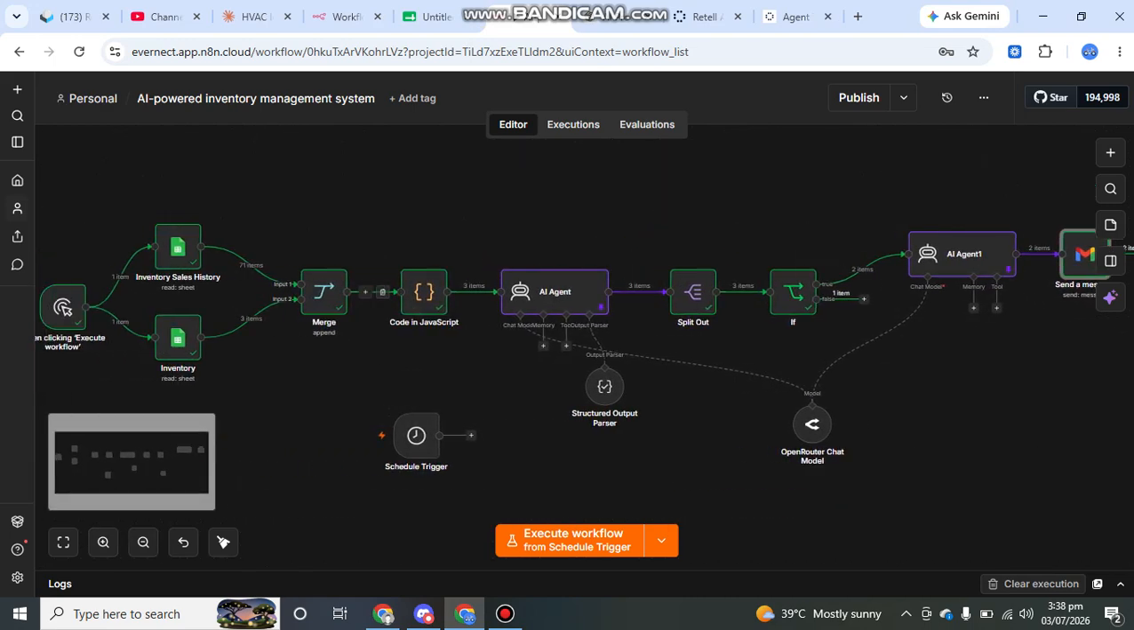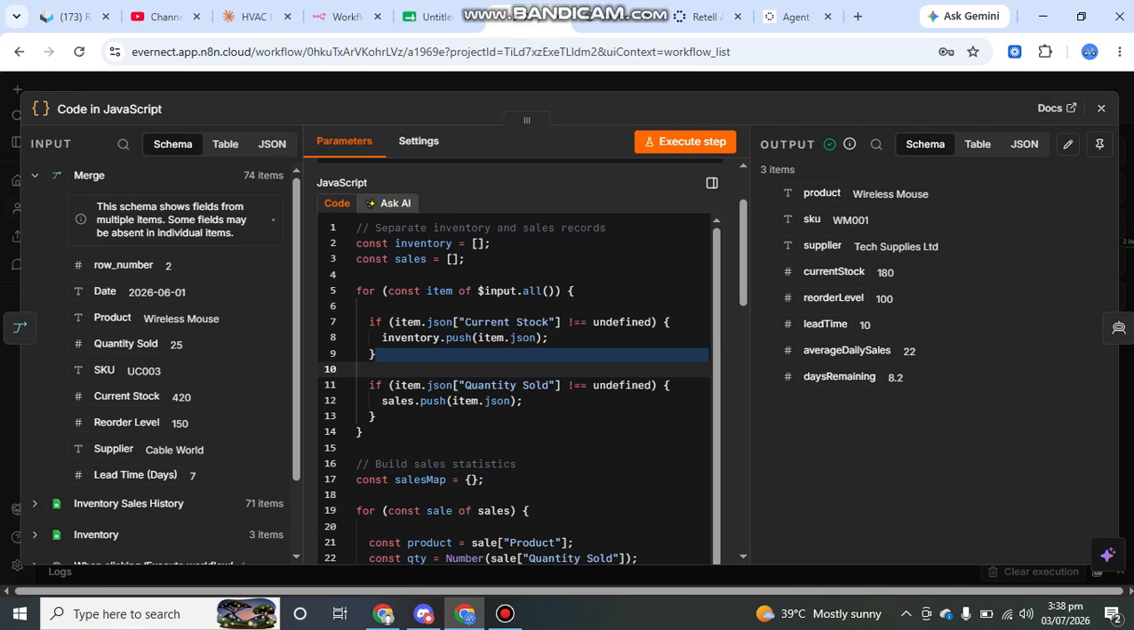But I missed this code. This code is used to convert it into a wide form, for example the reorder level. You can see we don't have average daily sales, which is one column here, and the days remaining is 8.2. So that's calculating, and then